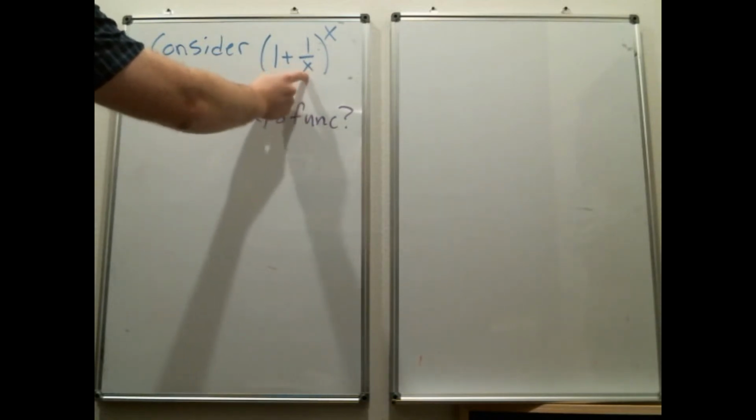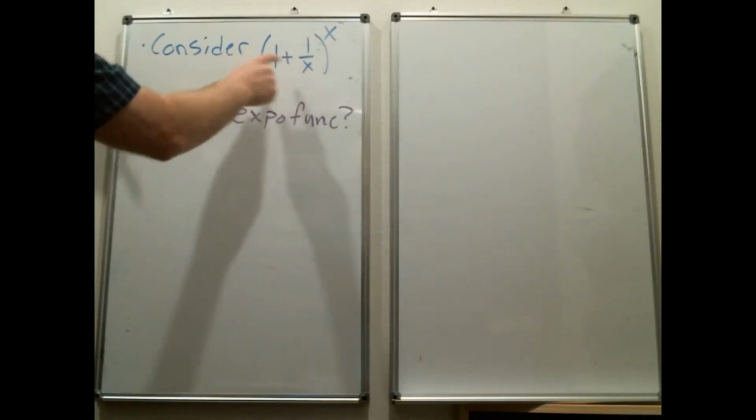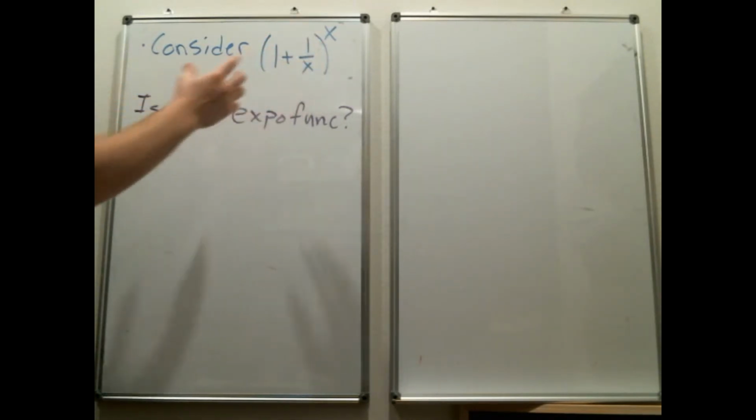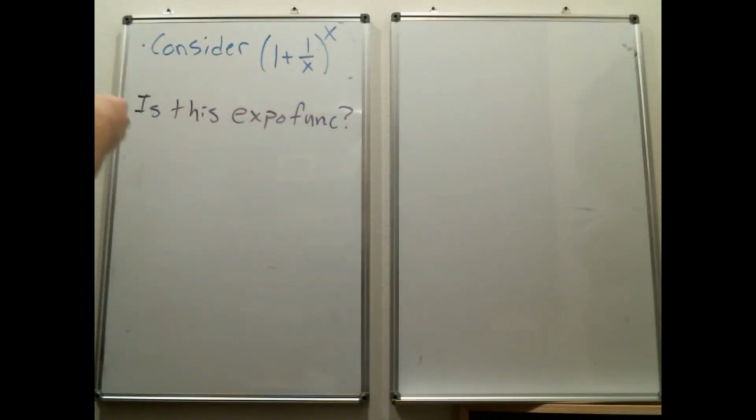What happens if I pick x to be very, very large, or keep increasing the number, so 10, 100, 1,000, 1,000,000, and so on. This portion, this 1 over x, gets smaller and smaller, but we're adding it to 1 every time. So this inside the parentheses will never be 1, so it will never violate our definition of an exponential function, no matter what we pick for x. So this is a unique